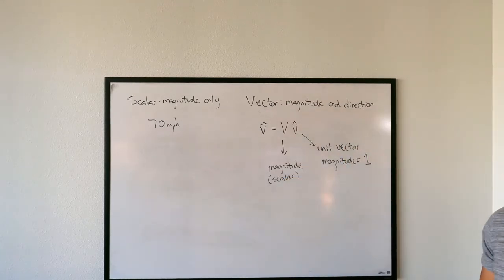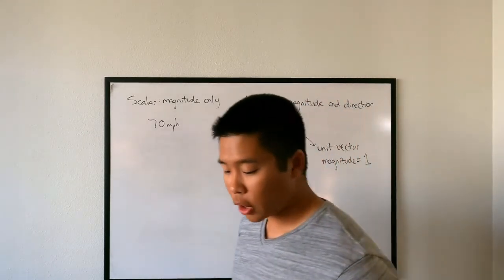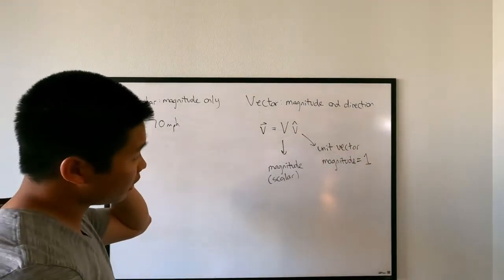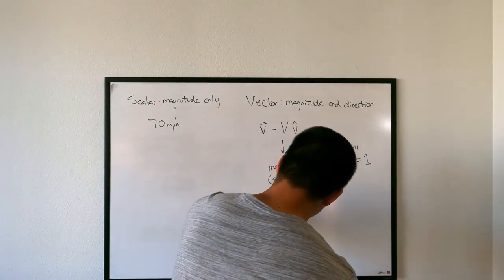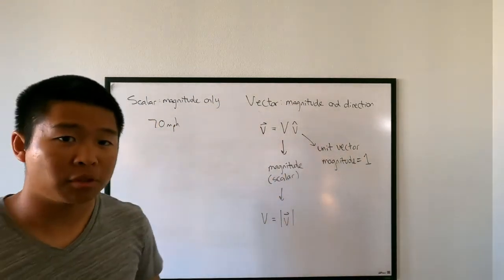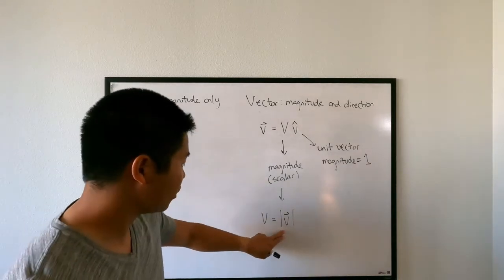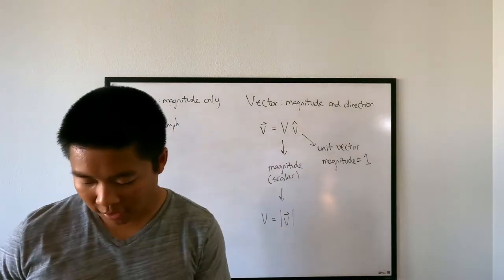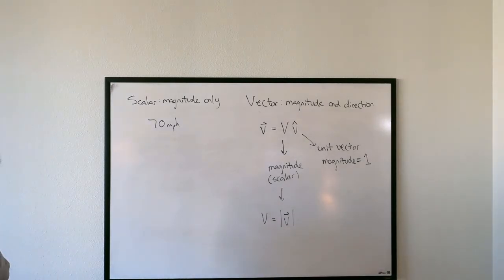Okay, so this value right here, which I said is a scalar, can also be written as the vector with absolute value signs, okay? And that will tell us, and there's a computation that we can use in order to figure out what this is, which again, I'll go over in a second. All right, then we can also say, of course, that